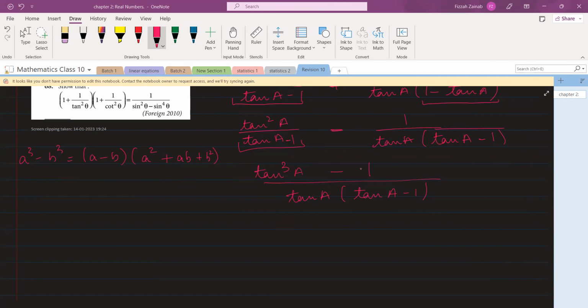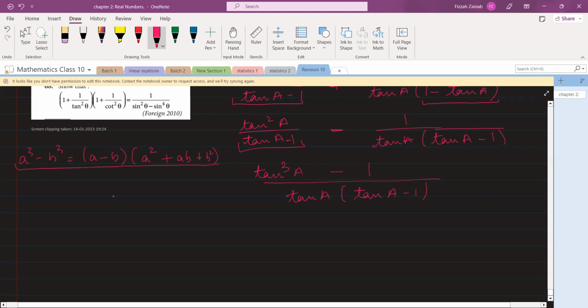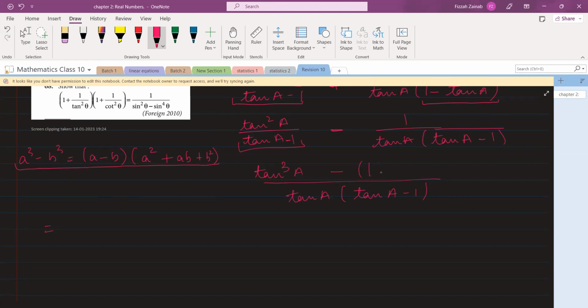Yeah, ma'am. Okay. So here I'm using this identity, a cube minus b cube. So the numerator is now a cube minus b cube. 1 can be written as 1 cube, no issues. So this will be a minus b, that means tan a minus 1, into a square plus ab, that means only tan a, and plus b square, that means 1. And then again divided by tan a into tan a minus 1. Now this tan a minus 1, this bracket will